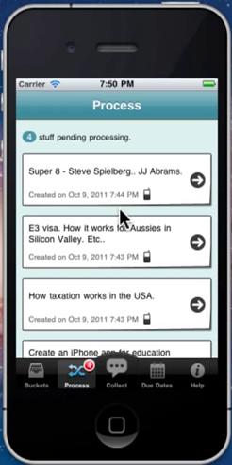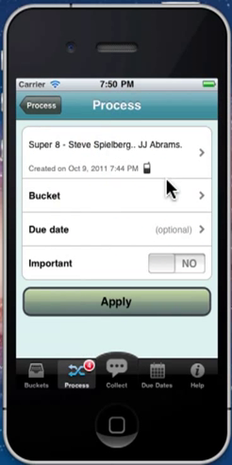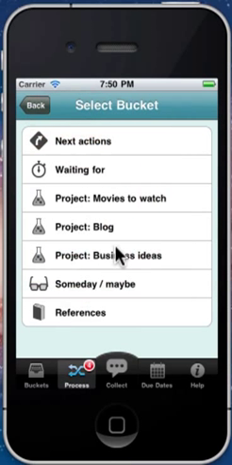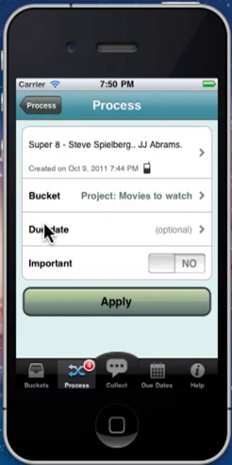So instead of swiping, because the idea behind swiping is if you know your time point, you just want to quickly throw some things into the most common buckets, you would swipe it. But things like Super 8, you know, this is a movie I want to watch, so I just click on it and I get more detail. Now, what I'm going to do is throw this into a bucket that I created earlier called movies. So I'll click on the bucket and movies to watch. There it is. So click on that.